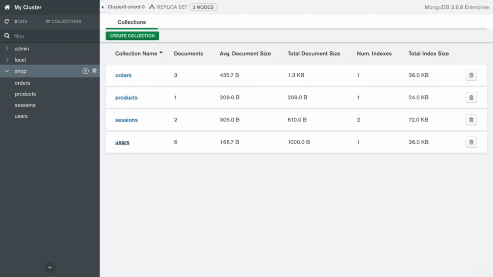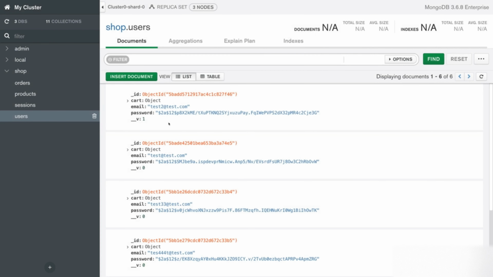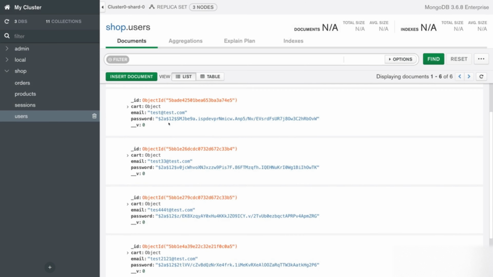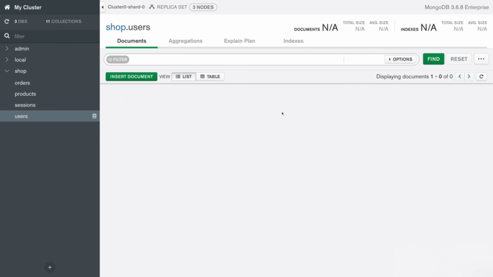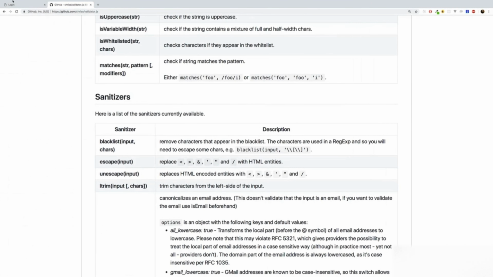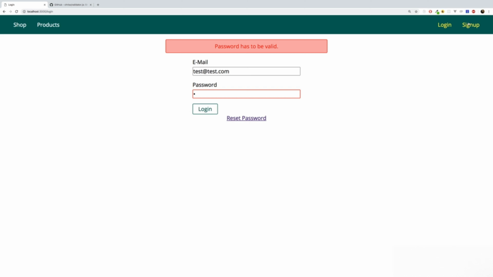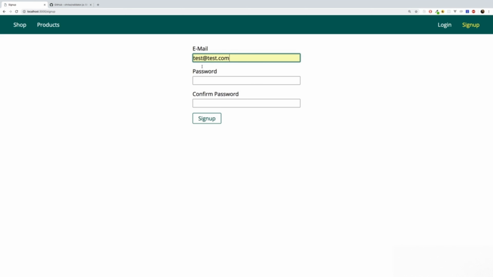And there in the users, I got a bunch of users because I created some users throughout this module. Let me delete a couple of entries here real quick, just to clean this up. I'll actually delete them all. And now let me create a new user. Keep in mind, I added sanitization. Now if I enter test at test.com like this, with an extra blank after this, and I enter my passwords here with an extra white space at the end, so I'll add a blank at the end,